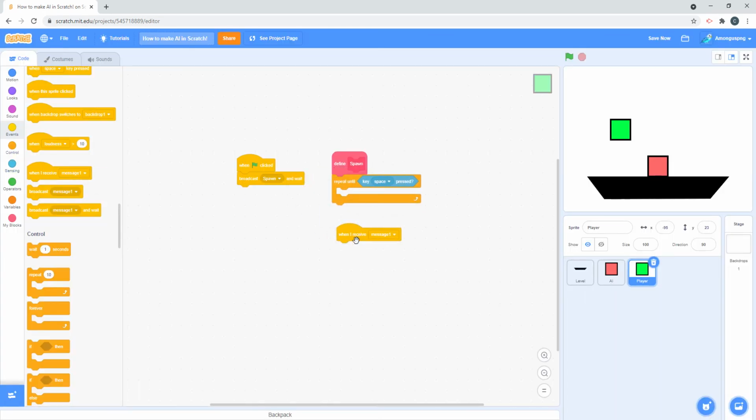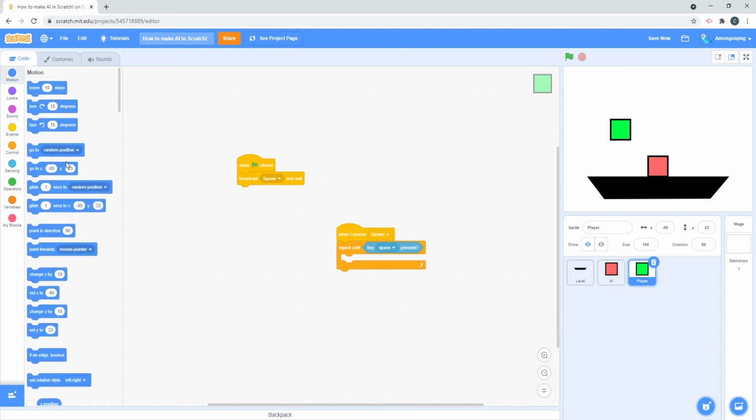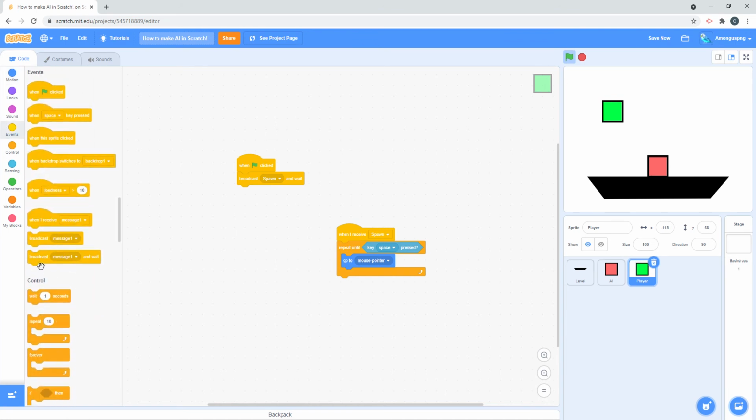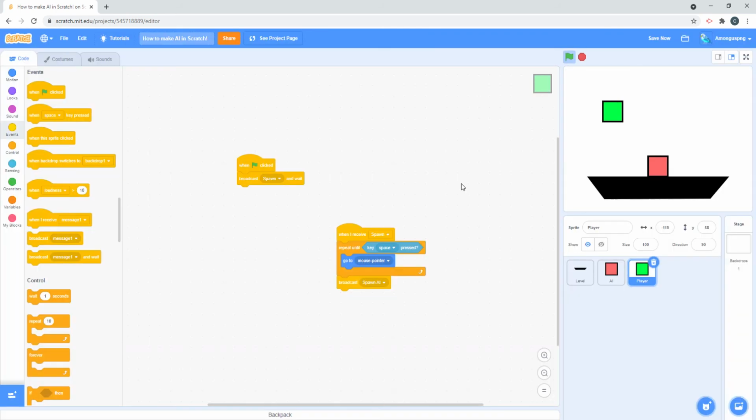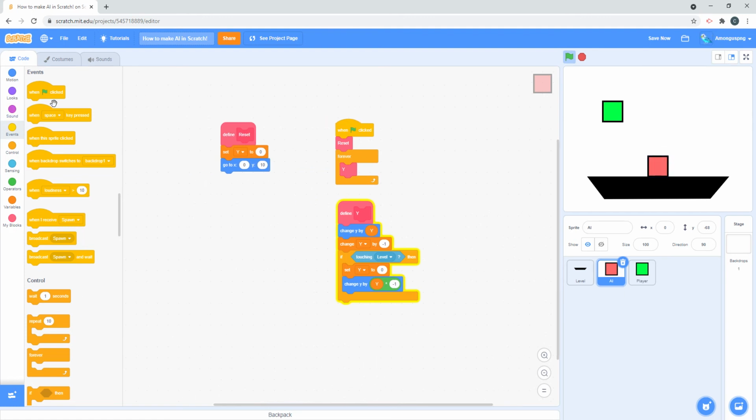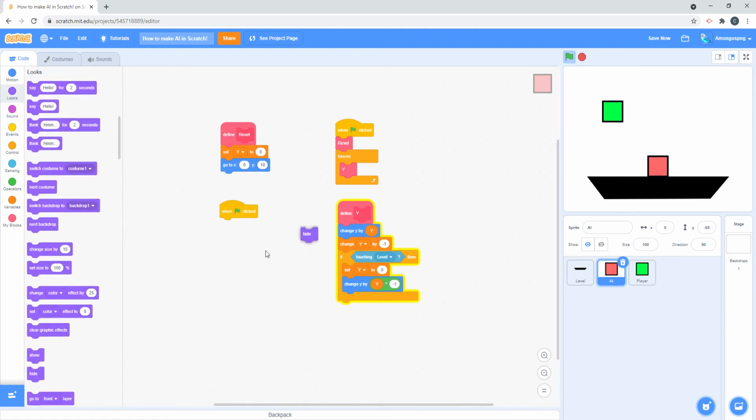And then when I receive spawn, I just drag this in here and wait. Repeat until space pressed. Go to the mouse, and then it goes to the mouse, and then we're going to broadcast spawn AI, and then we're going to go back in the AI, and we're going to do when flag clicked, hide,